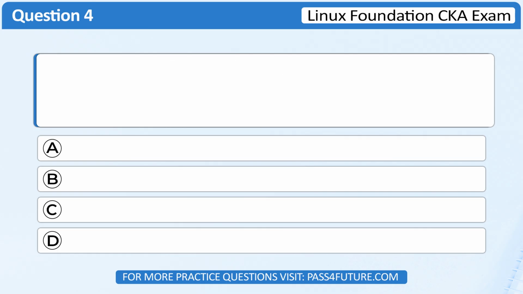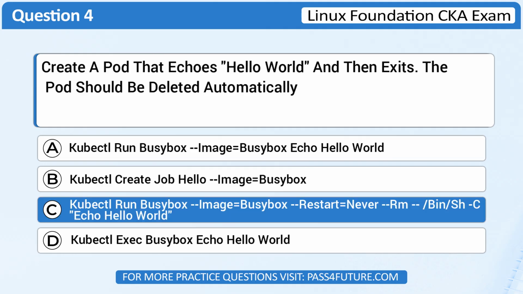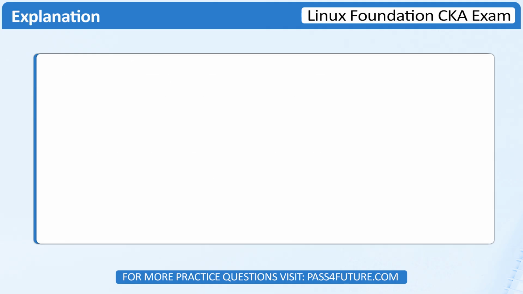Question number 4. Create a pod that echoes "Hello World" and then exits. The pod should be deleted automatically. Correct answer, C. kubectl run busybox --image=busybox --restart=Never --rm -it -- /bin/sh -c 'echo hello world'